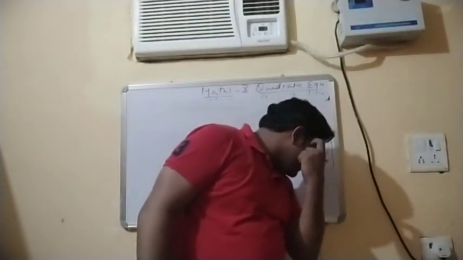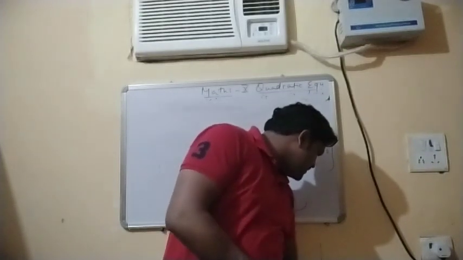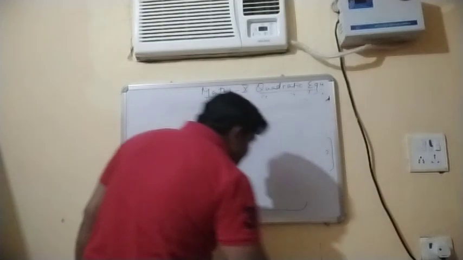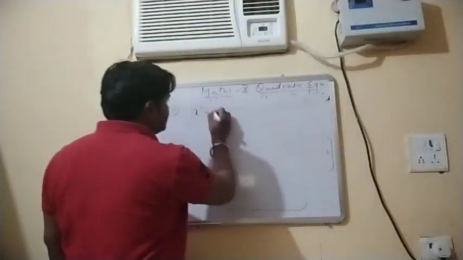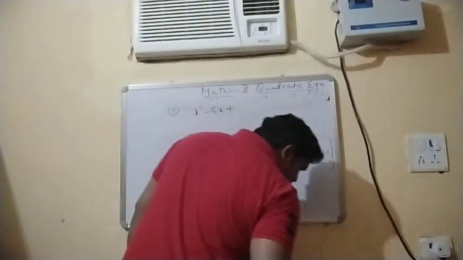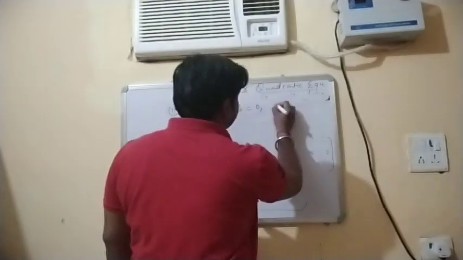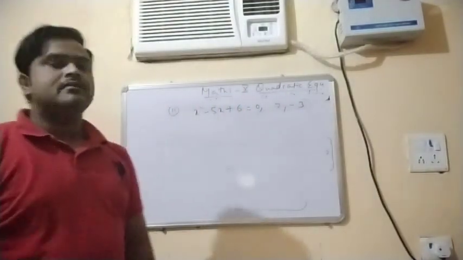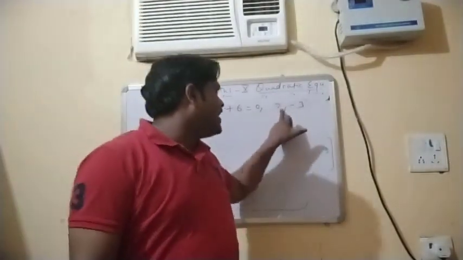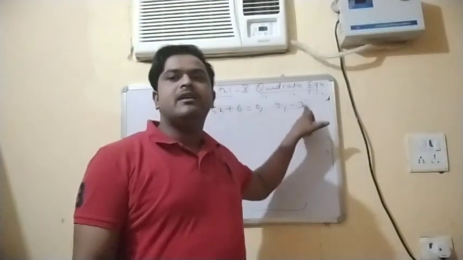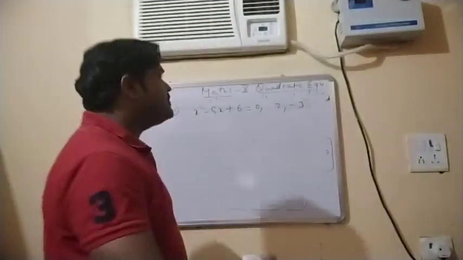In each of the following, determine whether the given numbers are the roots of the given equations or not. Equation is given to you. I'll take one example from this. x square minus 5x plus 6 equal to 0, and the roots that are given to you are 2 and minus 3. So students, what does this root mean? This means that on substituting the value x is equal to 2 and x equal to minus 3, if this equation becomes 0, then this shows that they are the roots of the equation. That means they are satisfying the